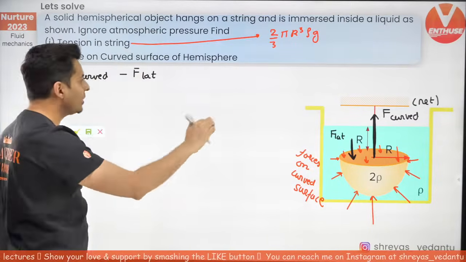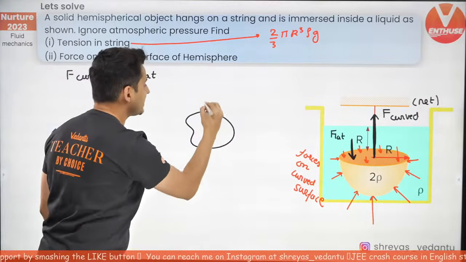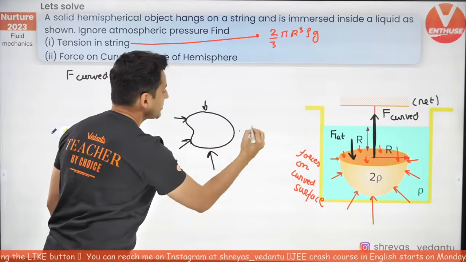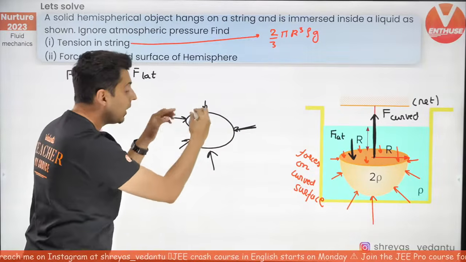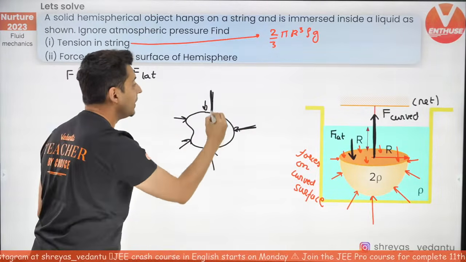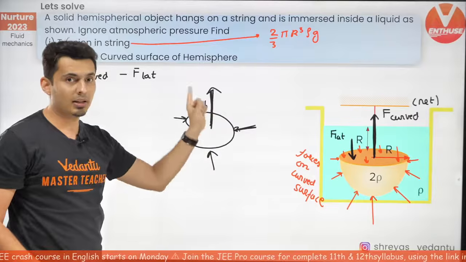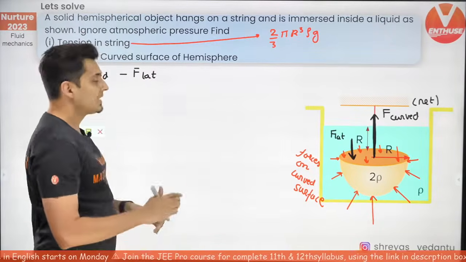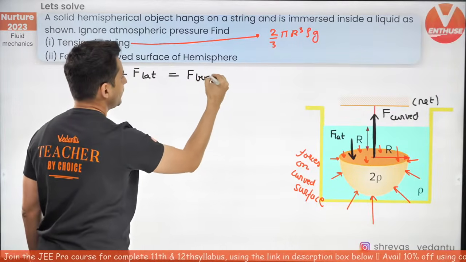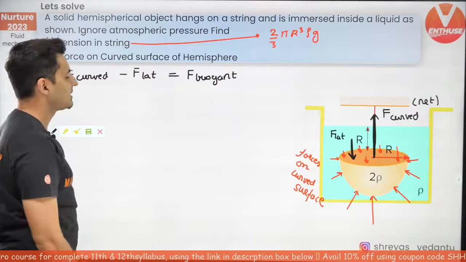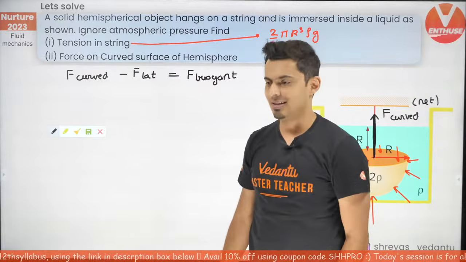The resultant, no, it's not going to be the tension. Forget the tension for now. Just imagine any solid which is immersed in a liquid. The net force of all the forces due to the pressure on all the surfaces, what is it called? That is called the buoyant force. Exactly, NV18. This is nothing but the buoyant force. So there is no need of tension. There is no need of mg over here. That's what I want you to understand.